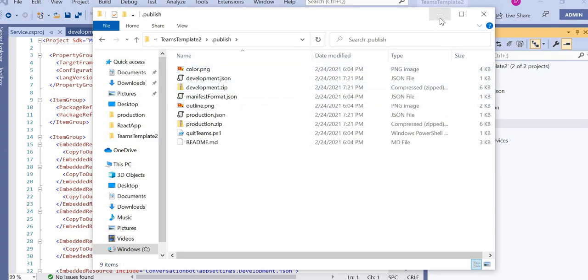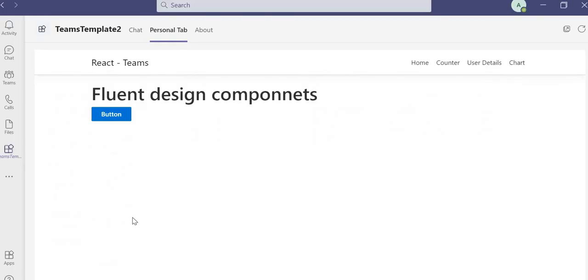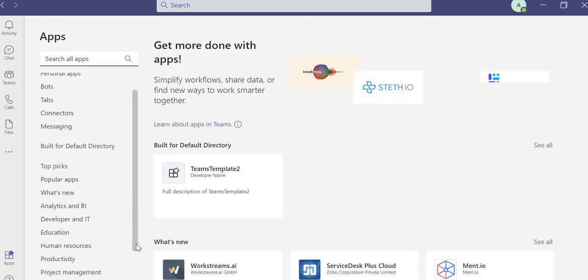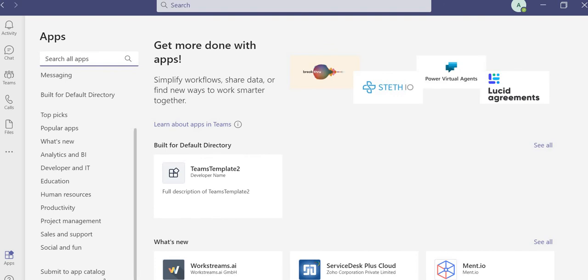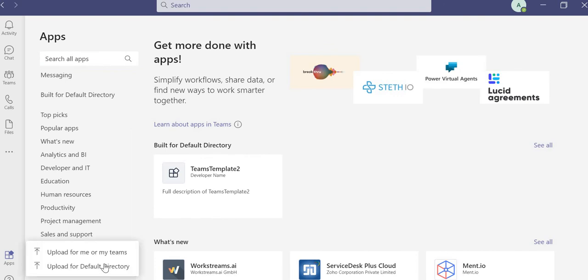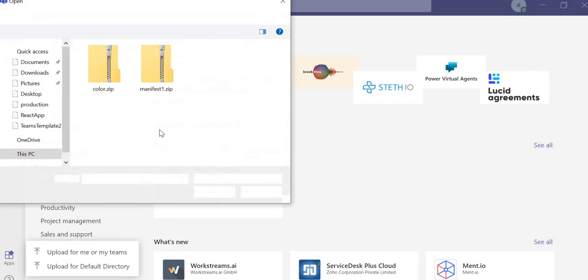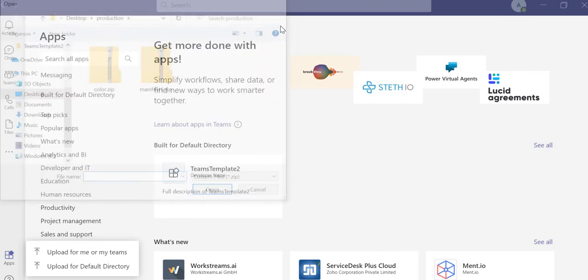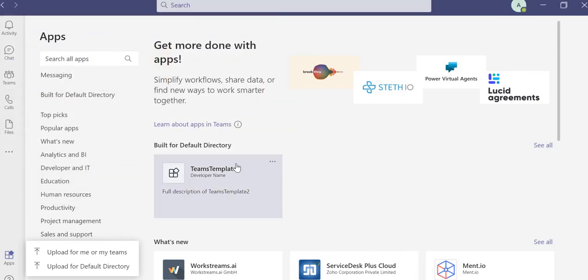Go to Microsoft Teams and go to apps, and there is a side loaded app option. Click on that, upload from directory, select the package, and upload it. Once you upload that, you can see your app in the dashboard.